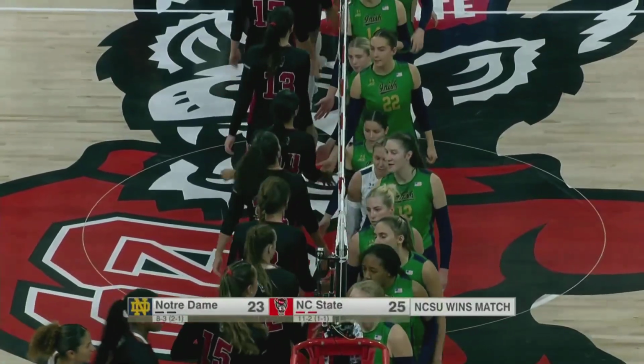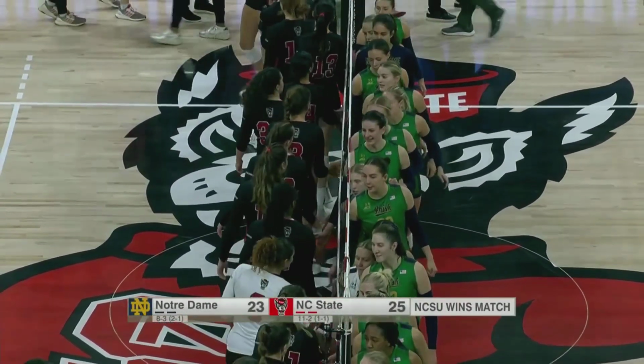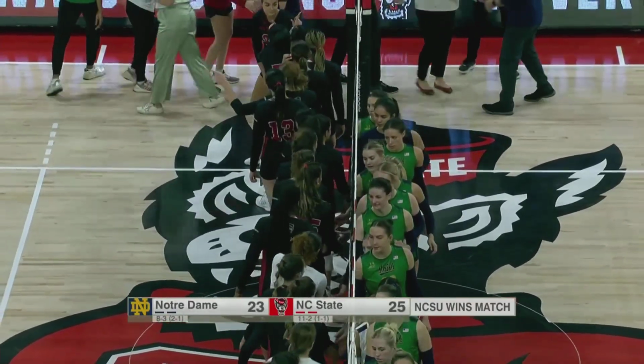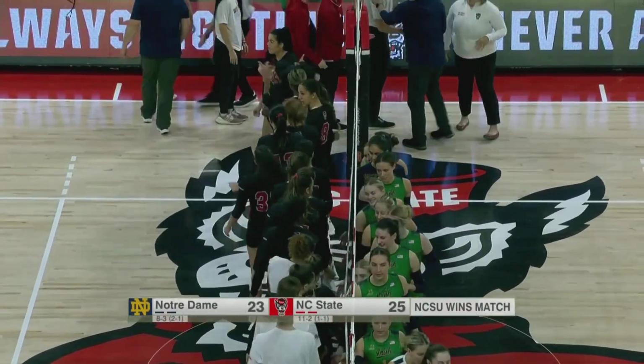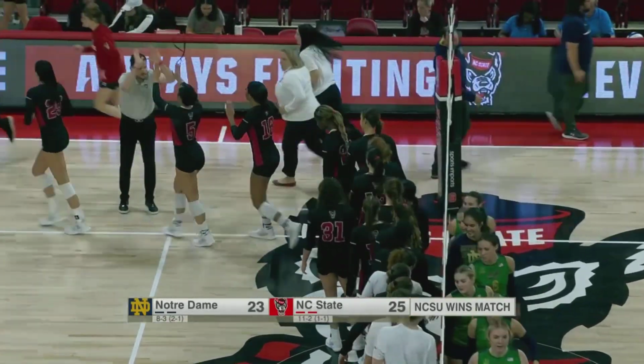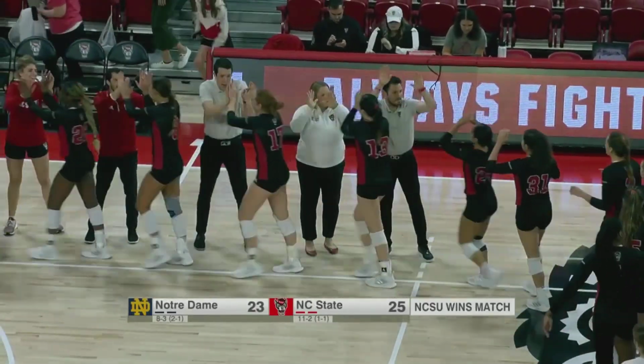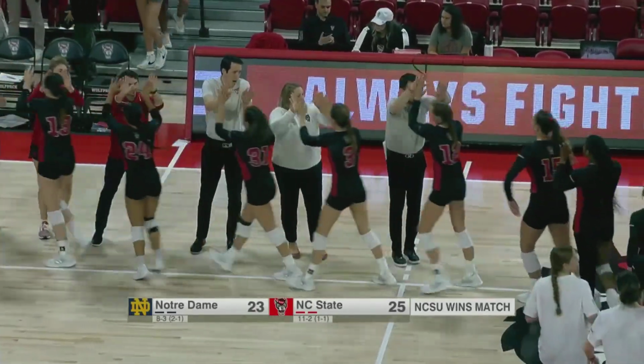This NC State team is one that will not go away. They will grind it out to the end to secure that win. Wolfpack hit 237, and the block was so important at the net. 25-23 in this third set. And now NC State, they moved to 2-1 in the conference as Notre Dame drops to 2-2. We weren't sure if this was going to end in 3, but